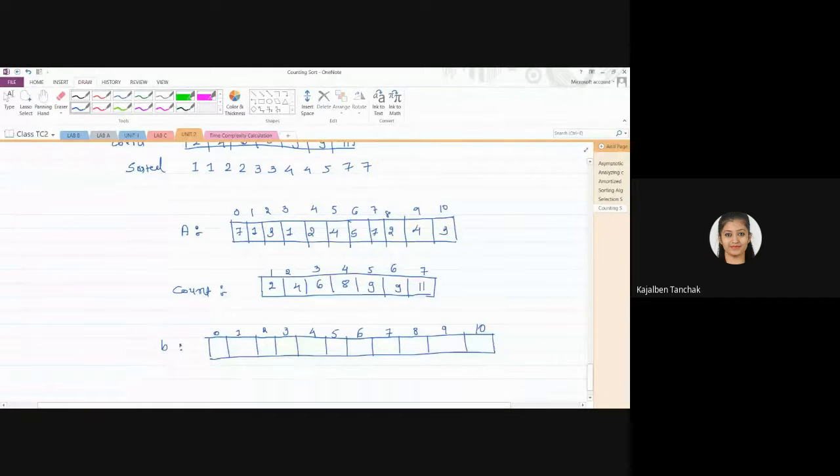Okay, so how will you calculate it? Can anyone tell me? I will be starting from here, right? Value is 3, go to the index 3. Value is 6, right? So you will decrement it by 1. So at 5, you will insert 3. Is it correct or not, everyone?